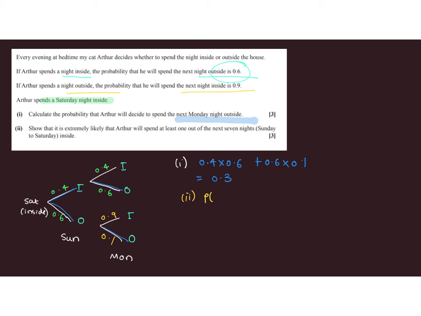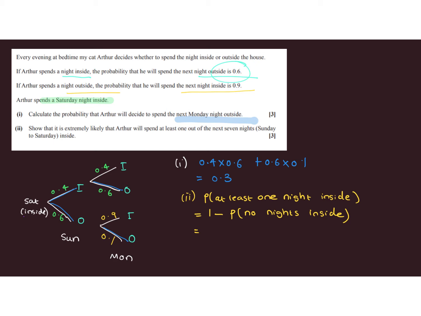So the probability that he spends at least one night inside can be worked out much more easily by doing 1 minus the probability that no nights are spent inside, because that's the only option we're not covering. At least one means one or more, so the complement to that, or the opposite to that, is 1 take away the probability that he spends no nights inside. So that is going to be the following. So we want to look at the following